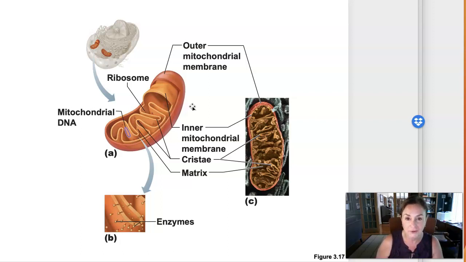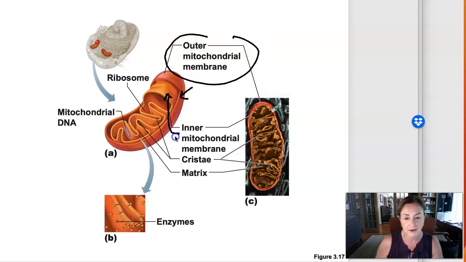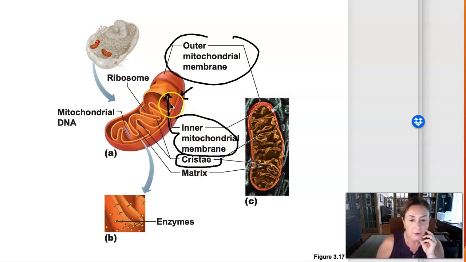Mitochondria have two membranes. There's an outer mitochondrial membrane, which they're drawing in dark orange, and that's kind of smooth. And then there's an inner mitochondrial membrane that you can see is convoluted. All those little folds in the membrane are called cristae. So, outer mitochondrial membrane, inner mitochondrial membrane, and the space in between those two membranes is called the intermembrane space,